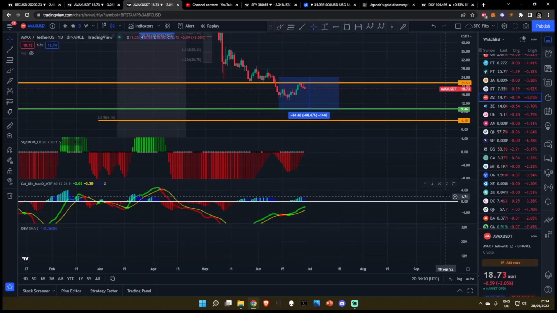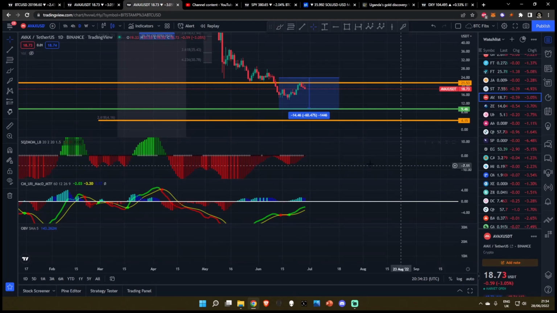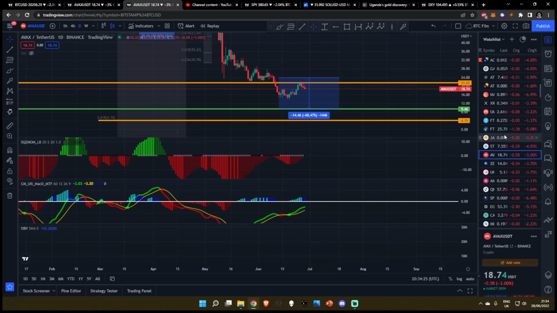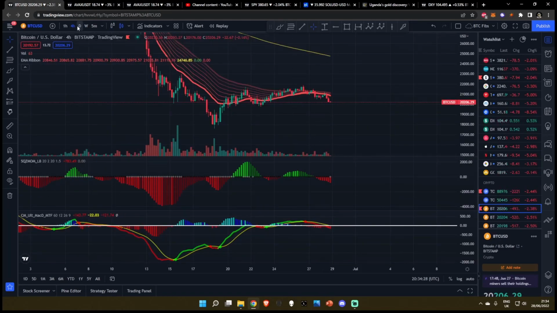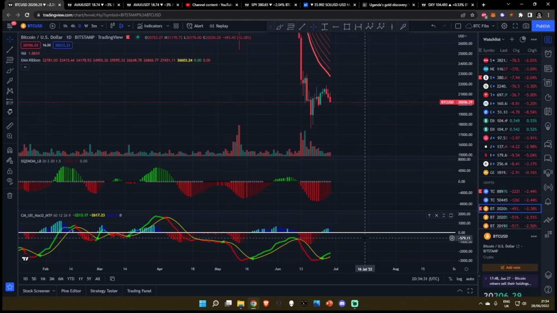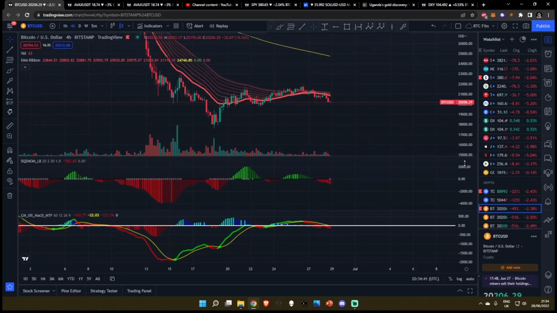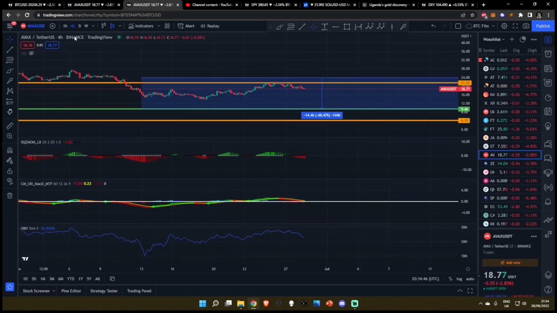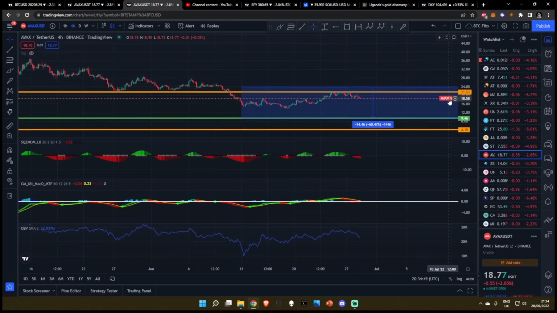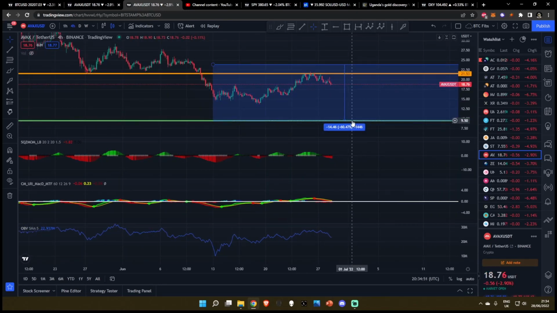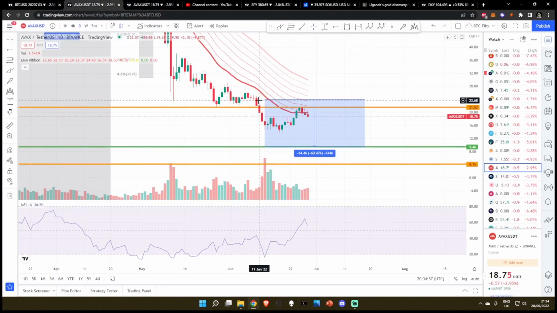So, you know, on the higher time frames with the momentum for Avalanche, it may not have started to kick in right now, but if we do look at the momentum on Bitcoin on the daily time frame, you can see that the downtrend hasn't really even started for Bitcoin, but we are getting an increase in bearish volume, and subsequently this is dripping over to the lower time frames. You're starting to see Bitcoin flip very, very bearish on the lower time frames, just like we're seeing Avalanche flip bearish on the lower time frames. These are all going to tie together, and this is going to help the Avalanche price capitulate to round about that $9.46 that we've been talking about, you know, since all the way back here.